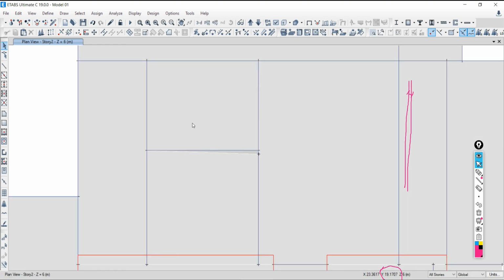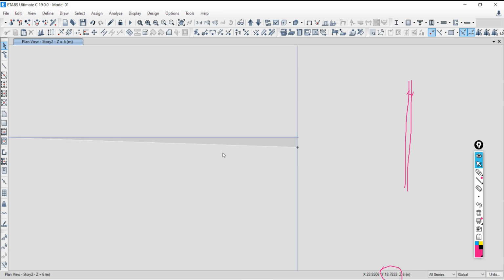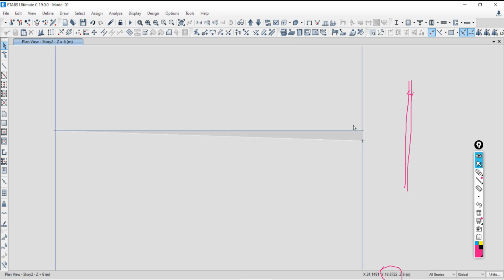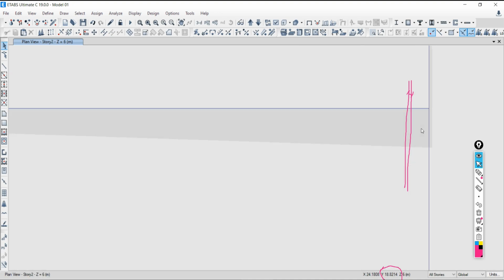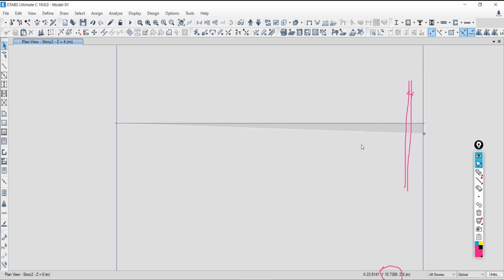Yeah, these two, F1 and F147. It is clearly visible. This is not correct. It is out of the line, and this is going to overlap. So we have to correct this. Go to reshape. This is one reshape option. Whatever element you have modeled, if you want to make any change, reshape. You can also resize.